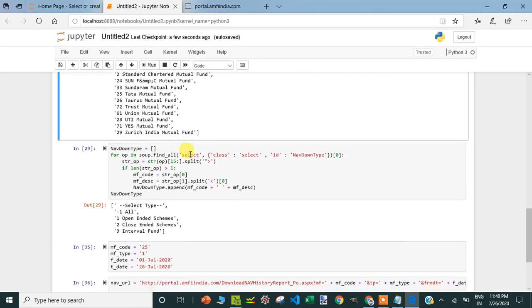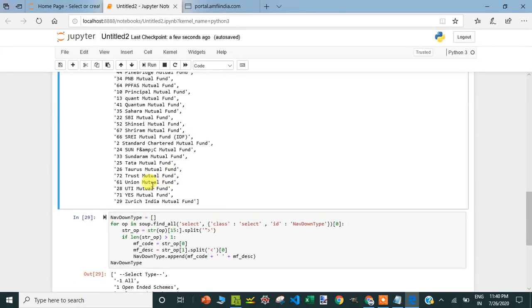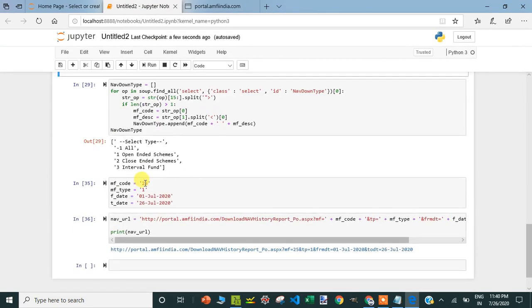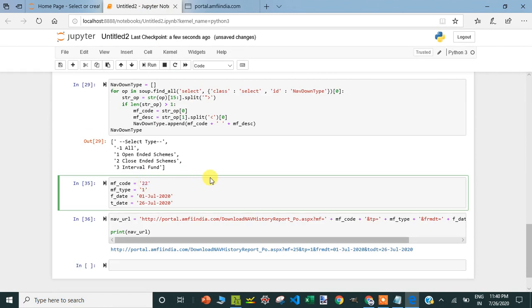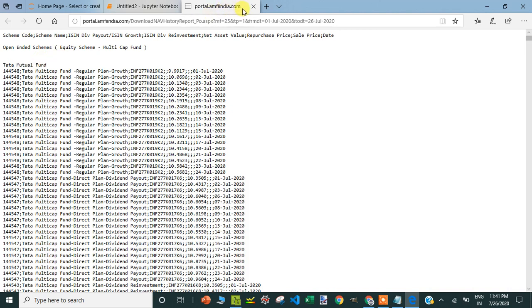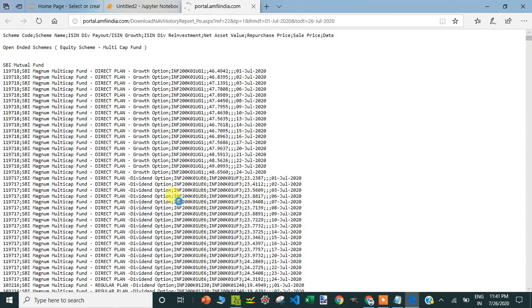For time being, I just want to give a try once more. I tested with Tata Mutual Fund. I can try with the SBI also. Let me try. What is the number for the State Bank of India? 22. So let me give 22. Okay, so this is for Tata. Let me close it and now click on this link. Wow, we got the data, SBI Mutual Fund,